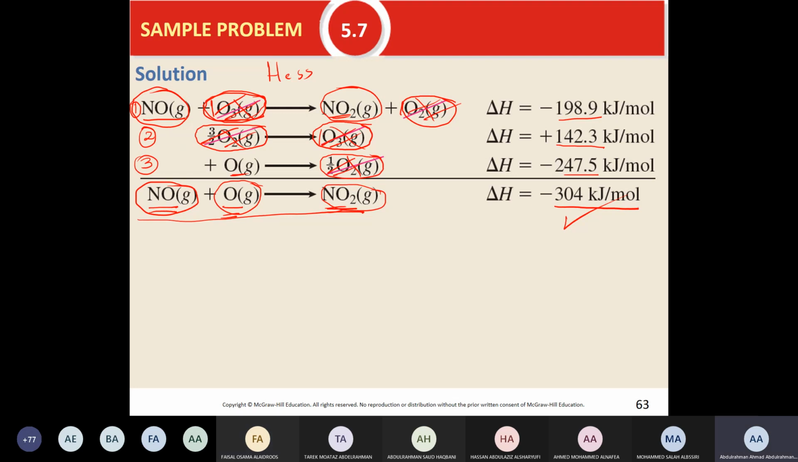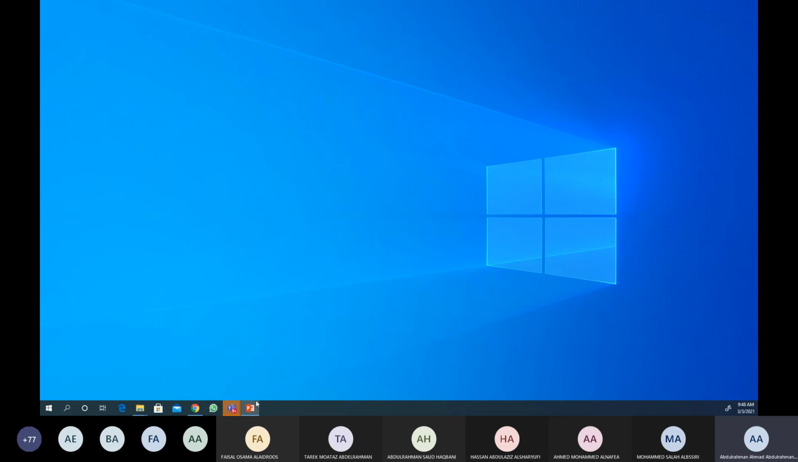Okay, with this, we finish the lecture today. Tomorrow, I'm going to continue with this chapter. I did not finish it. So let's leave here and open the